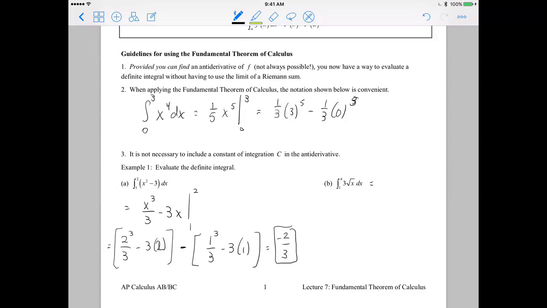Okay, well, in example B, in order to find the antiderivative, the first thing I need to probably do is rewrite this as 3x to the 1/2 dx. That way I know how to use the power rule. And so this is going to be 3 times 2/3 x to the 3/2 evaluated from 1 to 4. And if you want to clean up those constants before you plug in 4 and 1, I would recommend that. And so this would be 2x to the 3/2 evaluated from 1 to 4, which is going to equal 2 multiplied by 4 to the 3/2 minus 1 to the 3/2, which, if you calculate it, is going to be